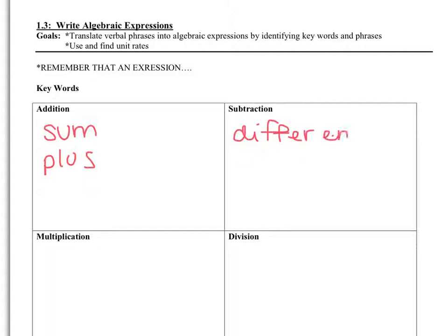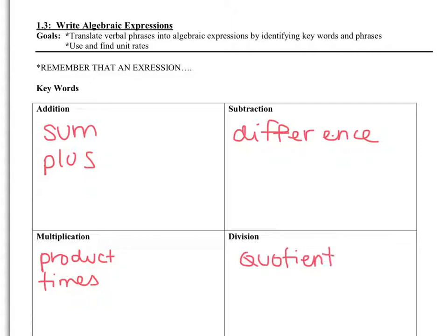for subtraction, or product or times for multiplication, and quotient for division. A few that I want to stress, particularly ones that you either see in the real world frequently or might cause a little bit of trouble, are total, which would be a word that you would see that would mean to add. Less than